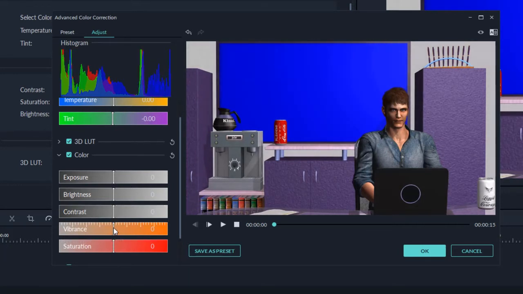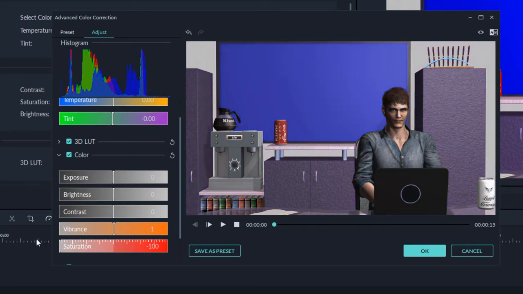Vibrance and saturation are almost similar. They just affect the colors, they enhance the colors, but vibrance would be good for skin tones and all. So if you're working on some skin tones, I would recommend going for vibrance. It enhances the color. You can take a look at this. For example, just take a look at this tin here, and I'll increase the saturation as well, right? In saturation, if you go towards negative, it becomes black and white.